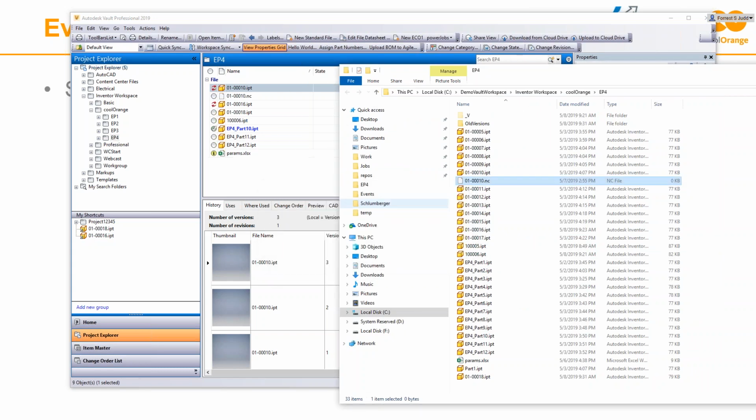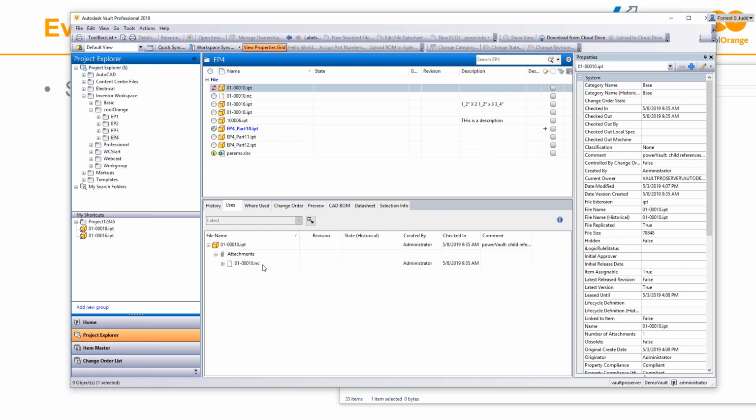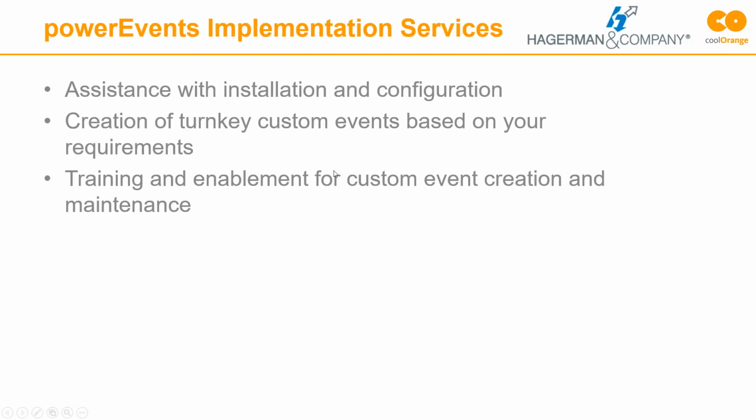And it's done. But if we look at what happened in our Vault now, we should be able to see it automatically attached that NC file. So I didn't have to do anything, right? And you can see, just this morning, child reference is updated. So as the NC operator, as the CAM operator, I didn't have to do anything other than put that file in the Vault. And powerEvents found the appropriate part and attached the NC file to it. And then